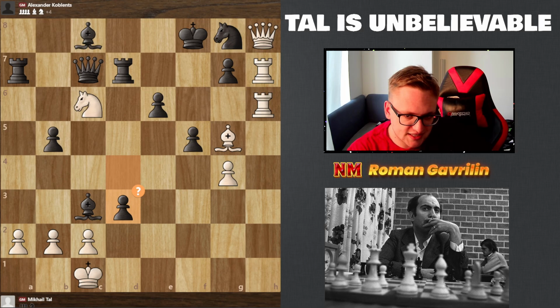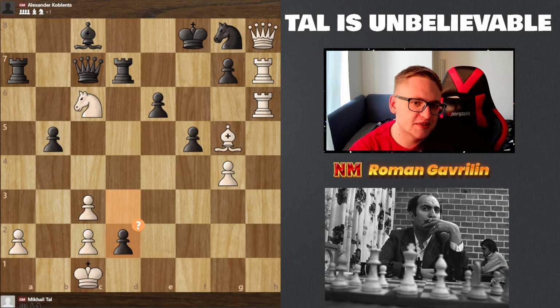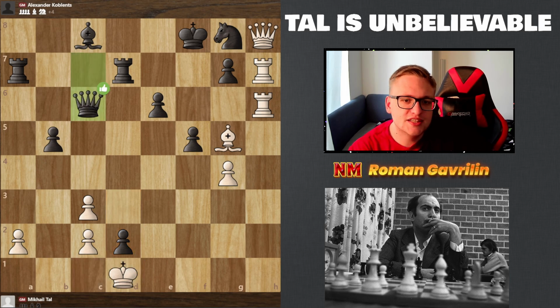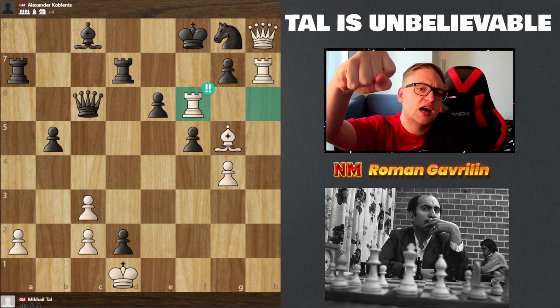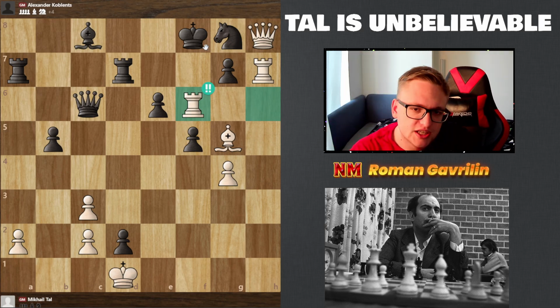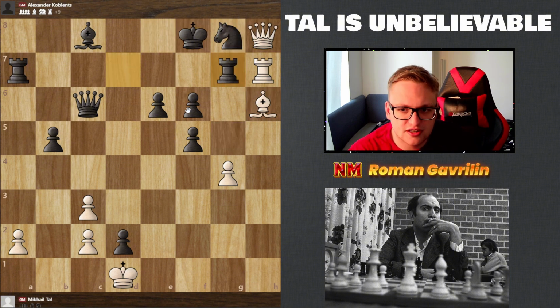d3 was played instead. I don't really understand the idea behind d3, maybe trying to promote this pawn. B takes c3, taking the bishop, and now d2, completely winning position for white pieces once again. King d1, queen c6, and rook freaking f6. The point is now, if g takes f6, this is just a checkmate. So now if king a8, queen g8 is a checkmate, the best move is of course to sacrifice everything, but